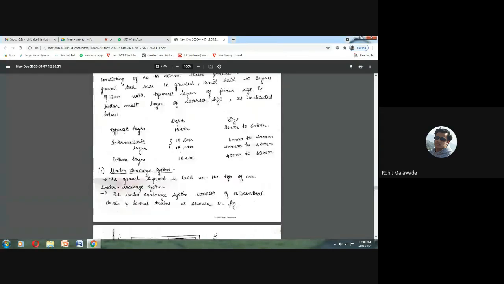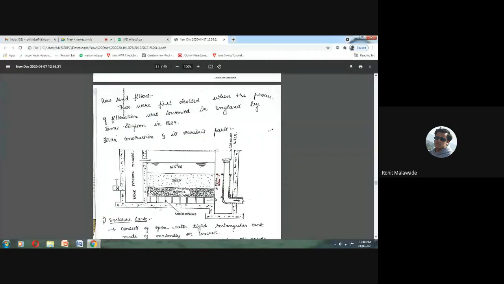So here, while cleaning, I'll tell step by step. Water, we are going to take it out. Then we are going to remove the top layer of sand, 3 centimeter. Then we are going to have the raking and hammer raking, right? So raking is nothing but a disturbance of the top sand layer. Say 33 centimeter, we are going to completely remove it, and then we are going to have the hand raking and all. The reason we do raking is, if any of the very fine suspended particles are arrested in your sand layer, that should be removed. So that is the purpose of the hand raking and all.